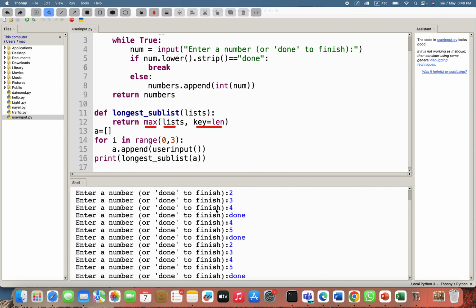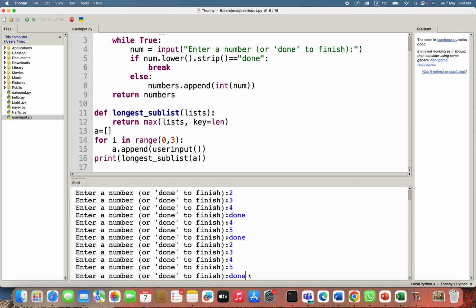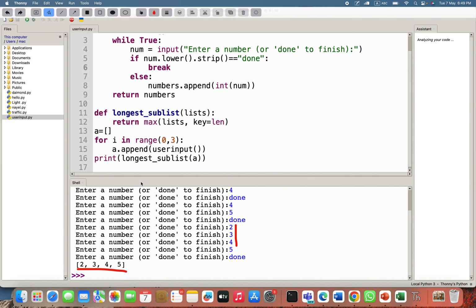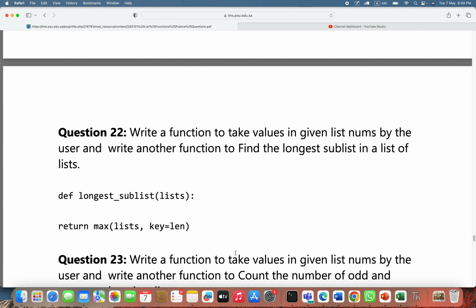key is length. So what is the lengthwise biggest? This one. So this will return you this. So I say done and it will return you the last one. Here you go. See, here we go. This last one, it printed because I called this, and it will return this and print this longest one, and that's how it's done. So what is next then? This is question number 22,